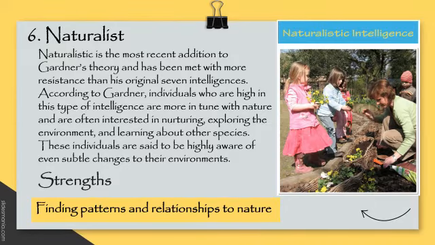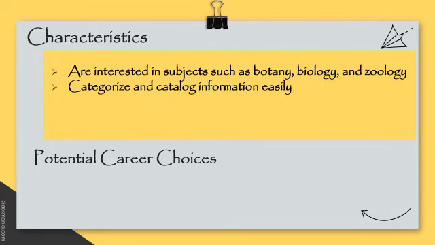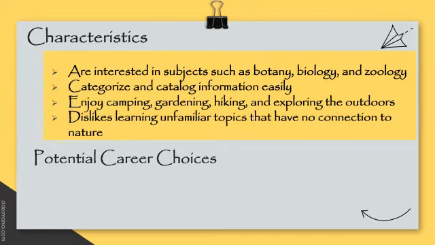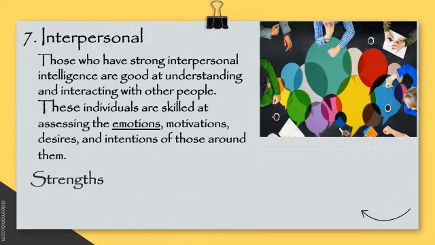They're good in finding patterns and relationships in nature. These people are interested in subjects such as botany, biology, and zoology. They categorize and catalog information easily, enjoy camping, gardening, hiking, and exploring the outdoors, and they dislike learning unfamiliar topics that have no connection to nature. And these people can be a biologist, conservationist, gardener, or